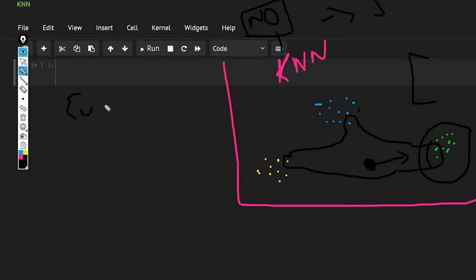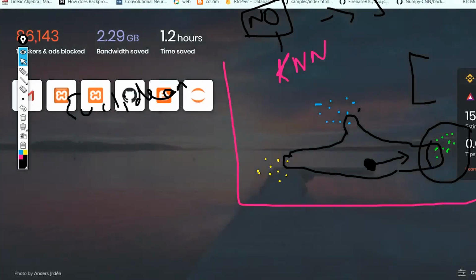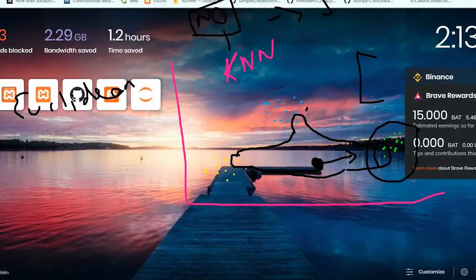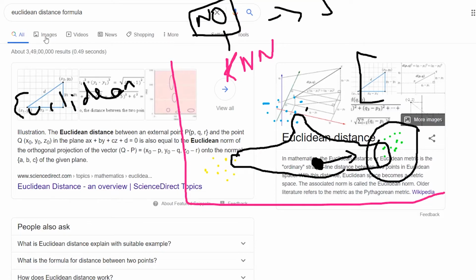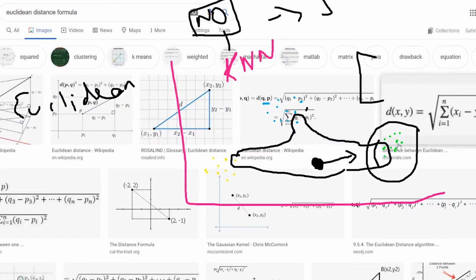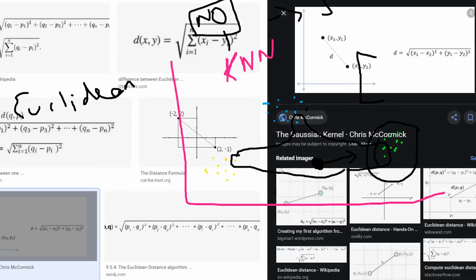Euclidean distance, and you can see the formula for Euclidean distance here. So this is the formula for the Euclidean distance. Now you will see that you are finding the distance from this point to this point, and it has x1, y1, x2, y2.